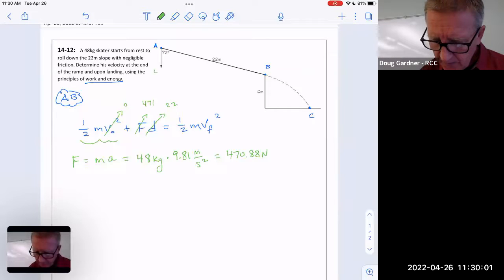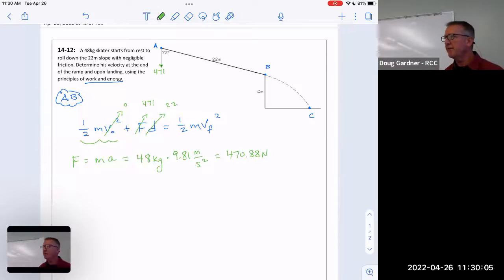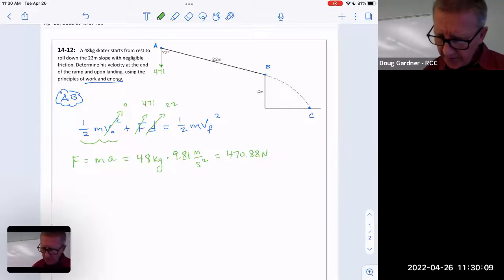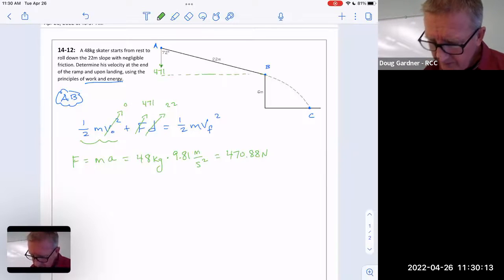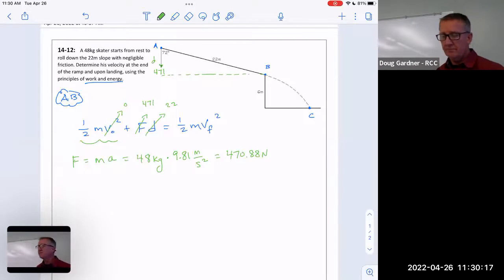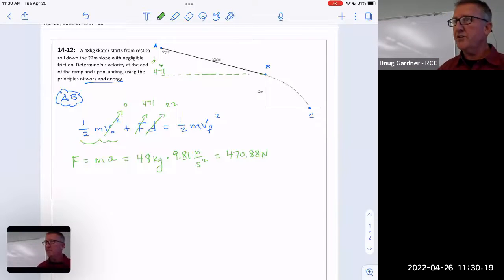Yeah. So the gravity is really kind of like that arrow. It's going straight down, but that distance is not 22. So would this work if I found that distance, this distance right here? It would. In other words, if I change 22 to whatever that shorter distance is, then it would work, 471